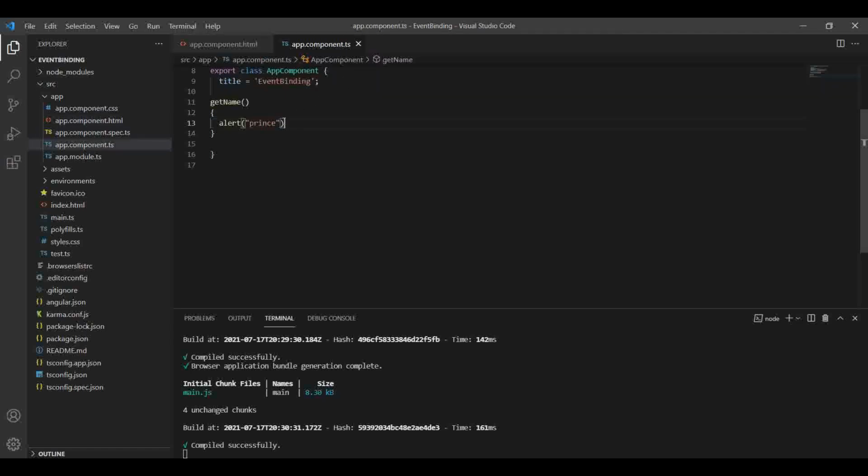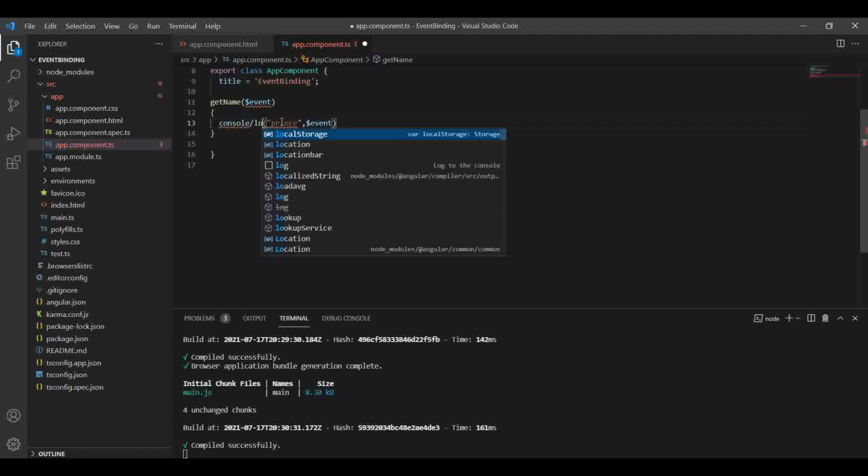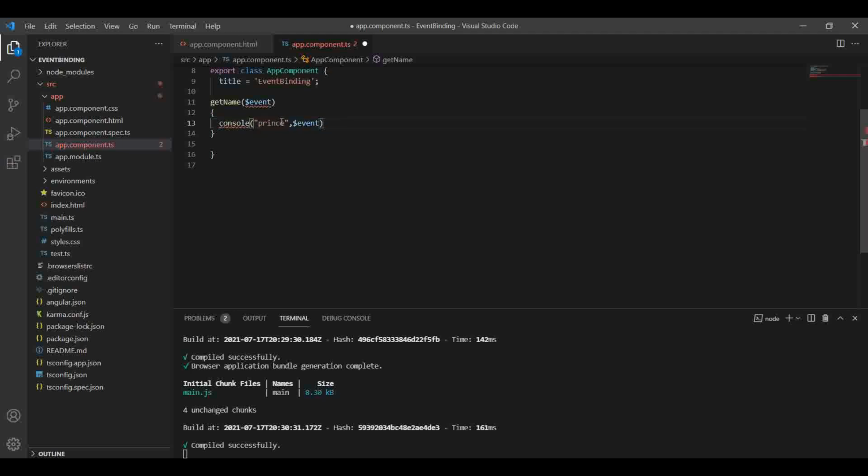Like here I have to pass after the string a dollar event, and I have to pass event here in the parentheses also. Okay, and console.log it.